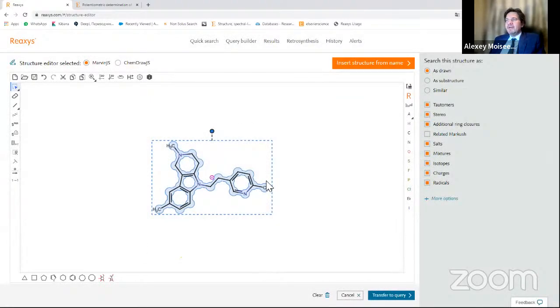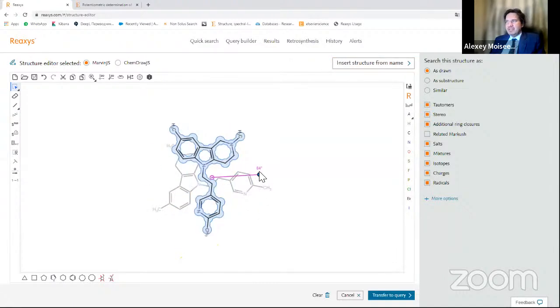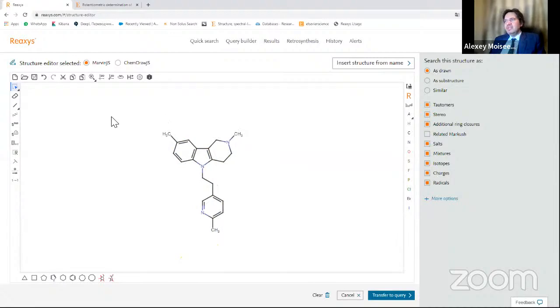And Reaxys also finds this substance in its memory, and so we can do with the substance whatever we want. We can edit it. For example, we can find similar substances. We can find some structures as a substructure, and so on and so on. It has a lot of possibilities.